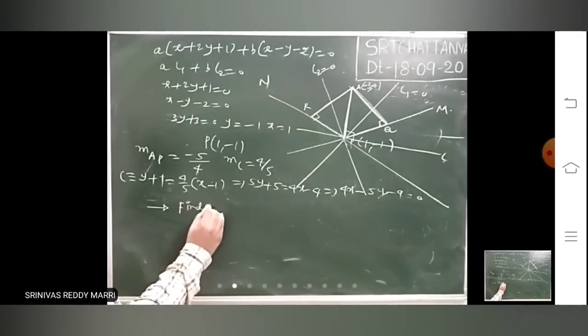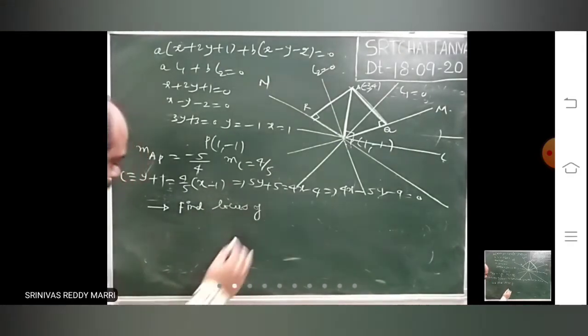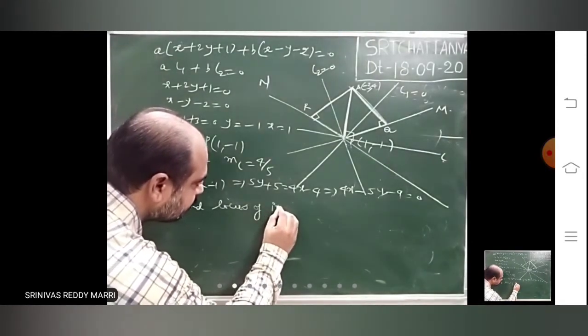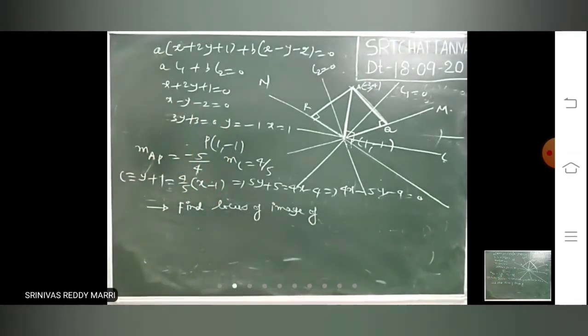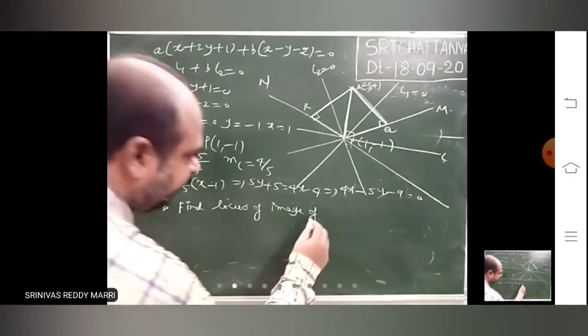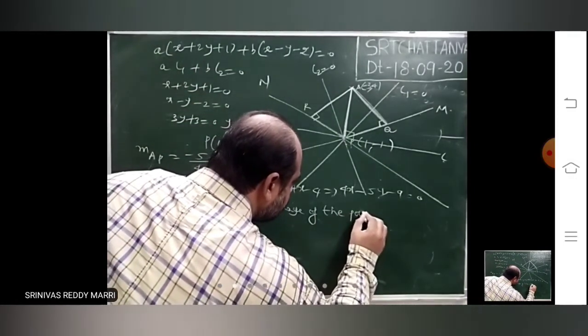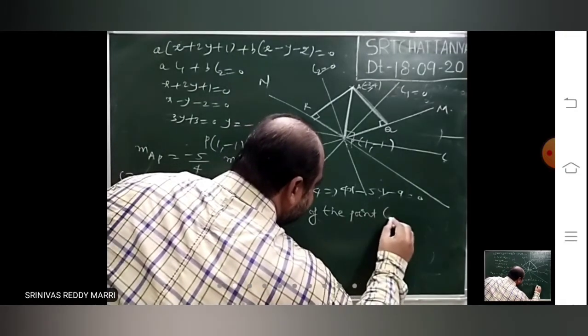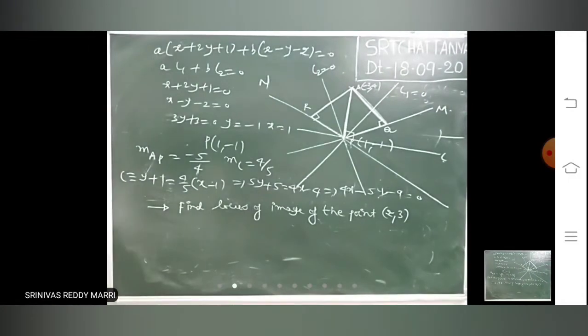Find the locus of image. Very important one. So find the locus of the image of the point (2, 3) in the line